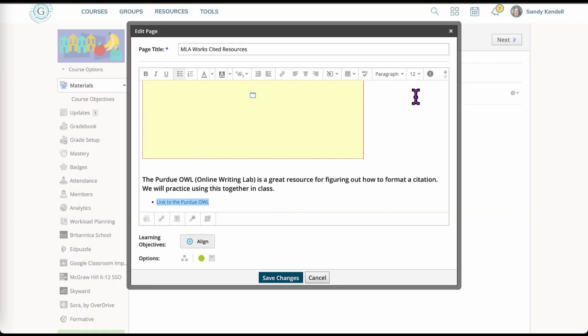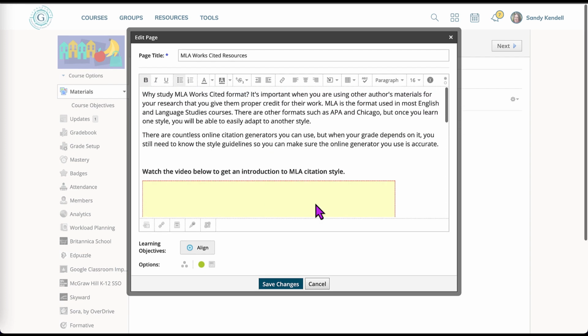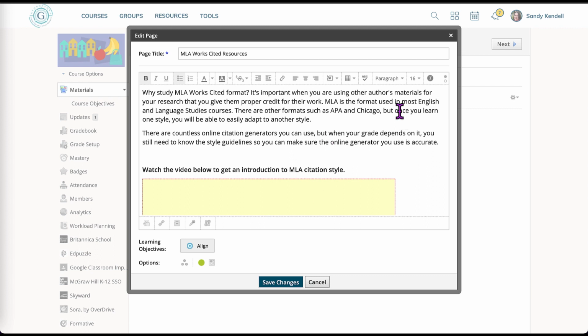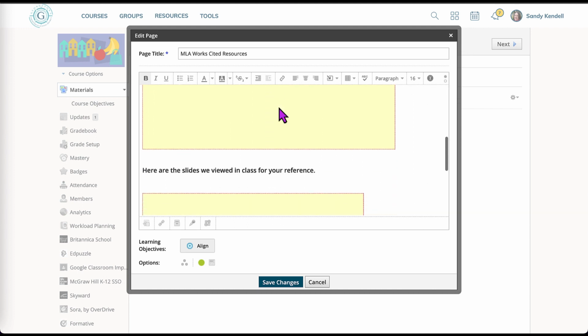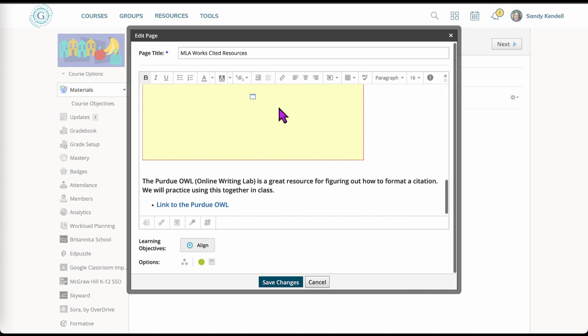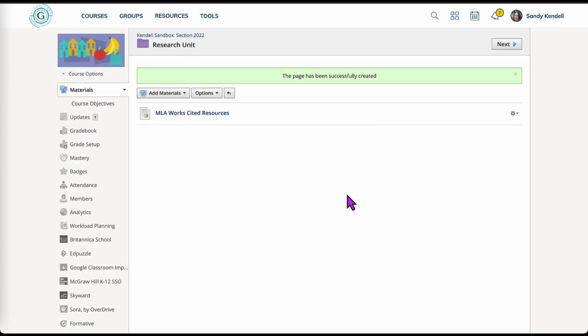Sometimes when you make a link, the size shrinks, so I just go back and make it large and bold if that's what I want. So you can see here, using this page, I have included a little introduction, a video, some slides, and an online reference. Now, when I click Save Changes and click on the page,